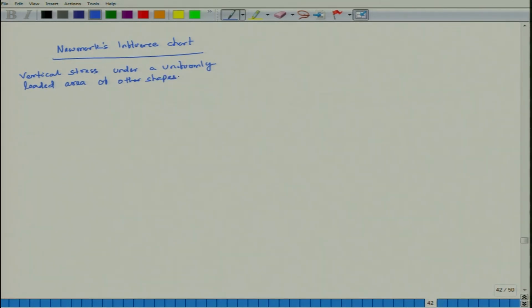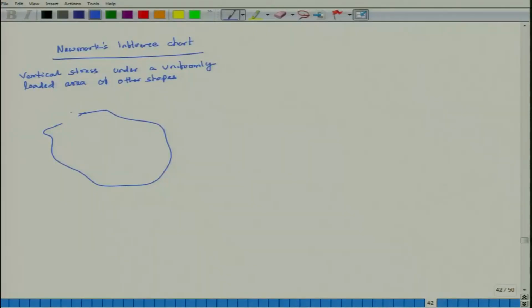What does it mean other shapes? It is not a strip footing, it is not a circular loaded area, it is not a rectangular loaded area, not a line load. If I say this is my shape, find out increase in stress, it is none of these shapes. So, Newmark's has been given, and in this case the concept has been carried forward